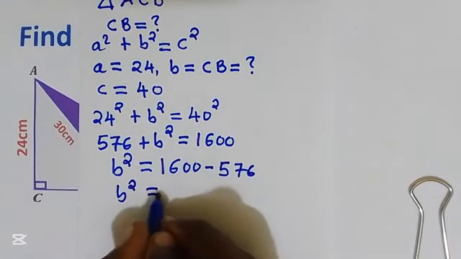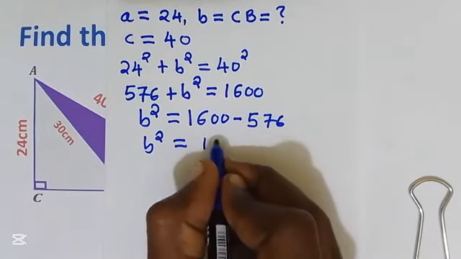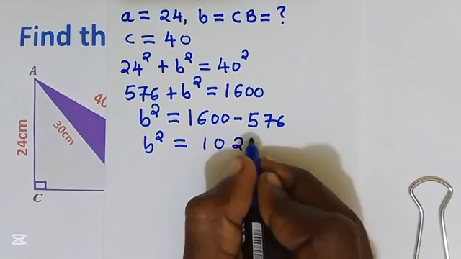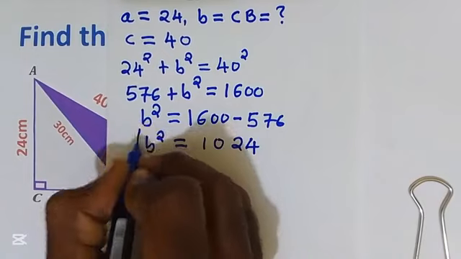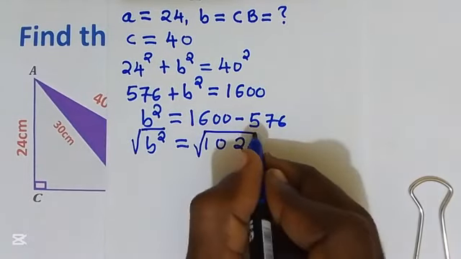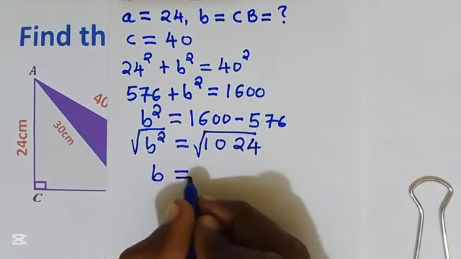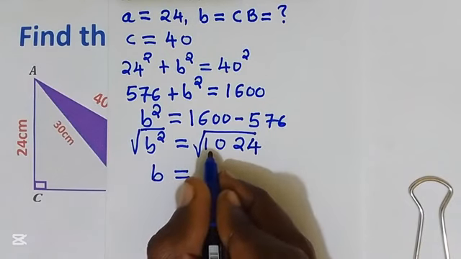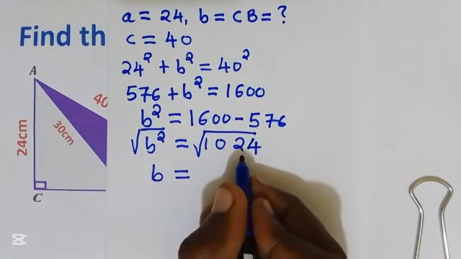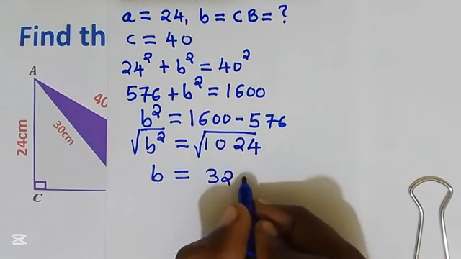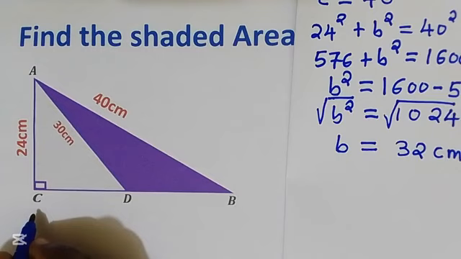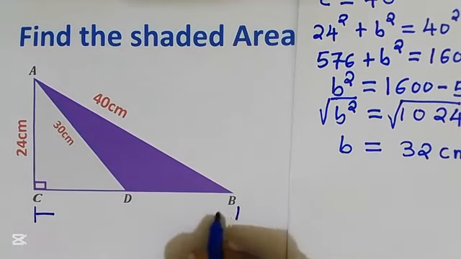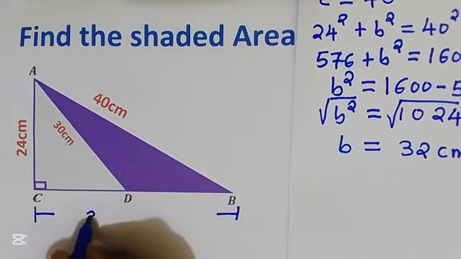B square is equal to 1,024. Take the square root both sides. So b is equal to the square root of 1,024 is 32. This is centimeter. So distance CB, this distance is equal to 32